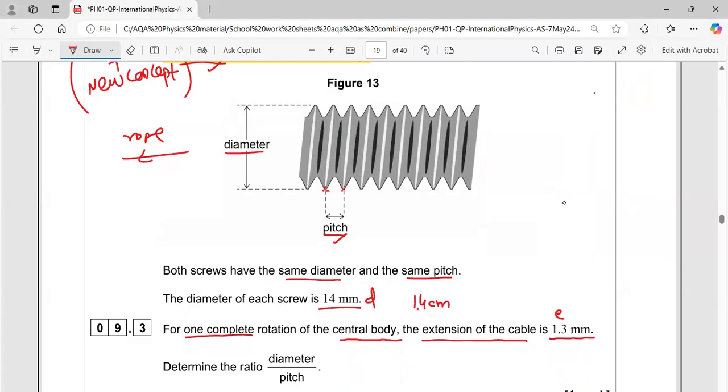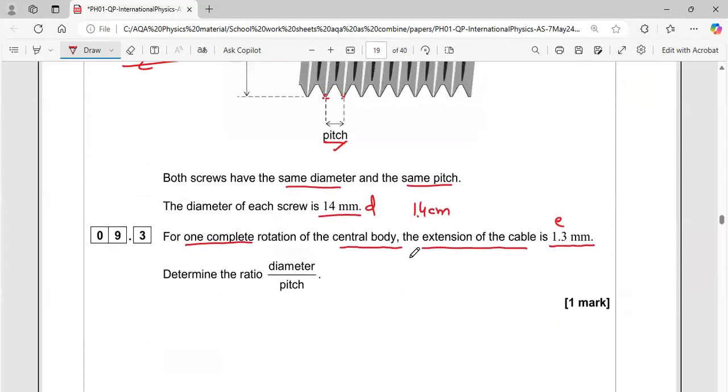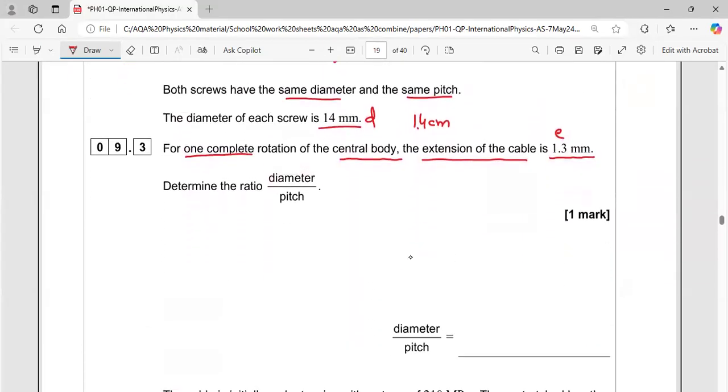So we say here that if they... I don't know why it is jumping today. Okay, anyways, the diameter is 14 millimeter. And one trick here is that this is in millimeter and this is also in millimeter, so it's not a trick. But the only trick is that this pitch should be the half of